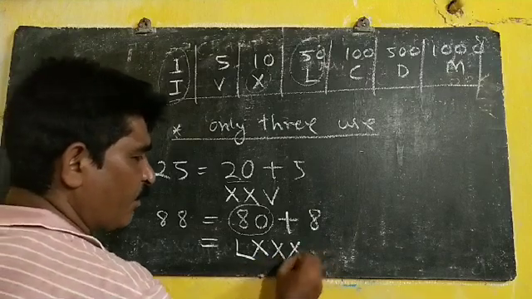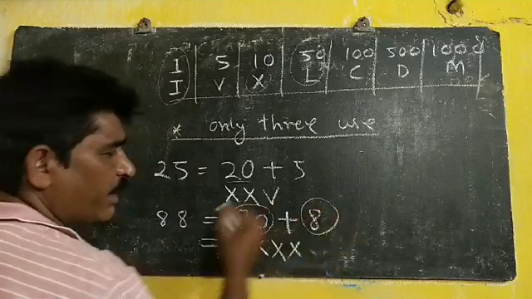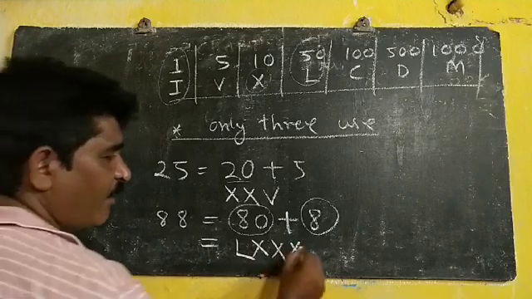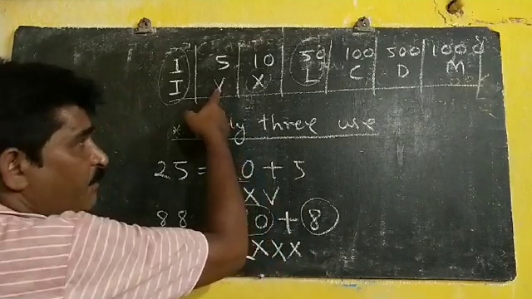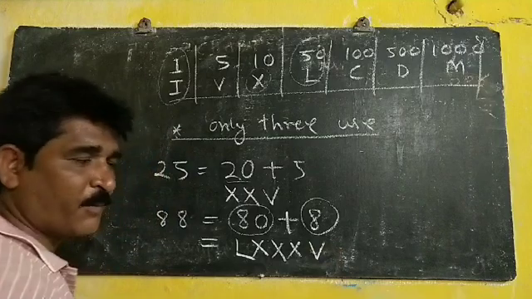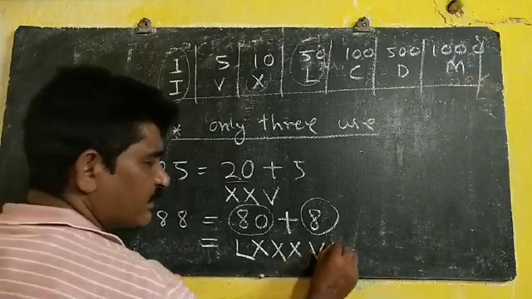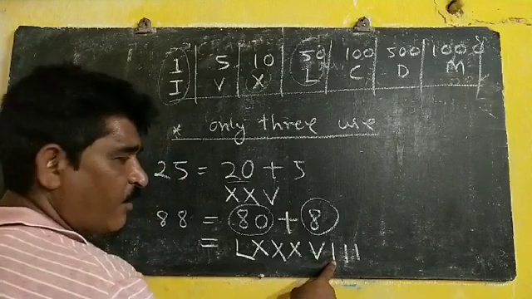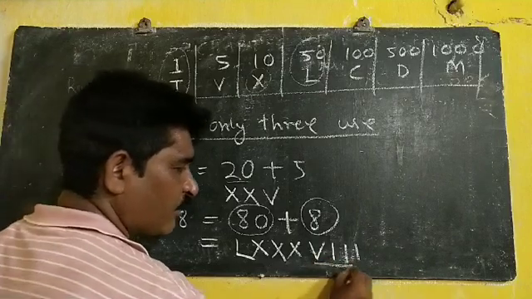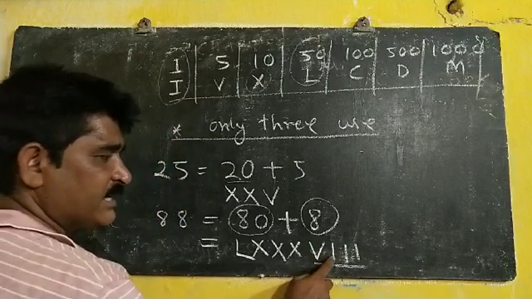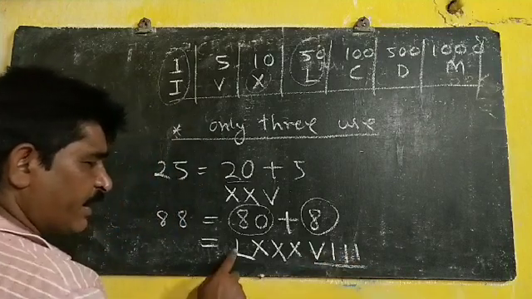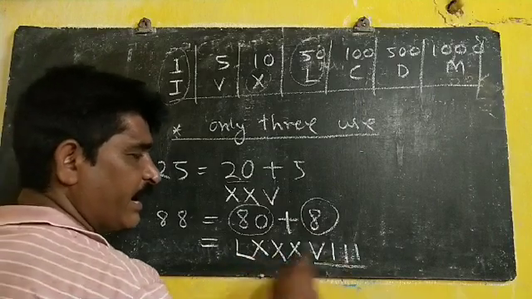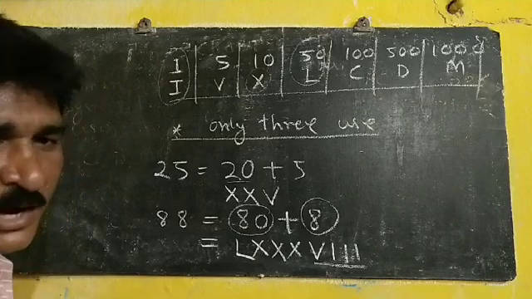Then how can you give 8 rupees? Now you have got the idea that first give 5 rupees. 5 rupees is what? V. Then 6, 7, 8. 5 rupees note 1 and 1 rupee, 1 rupee, 1 rupee. How much is coming? 8 coming or not? 5, 6, 7, 8. Then in here 80, 50, 10, 60, 10, 70, 10, 80. 80 and 8, 88 rupees. So in this way you can write it.